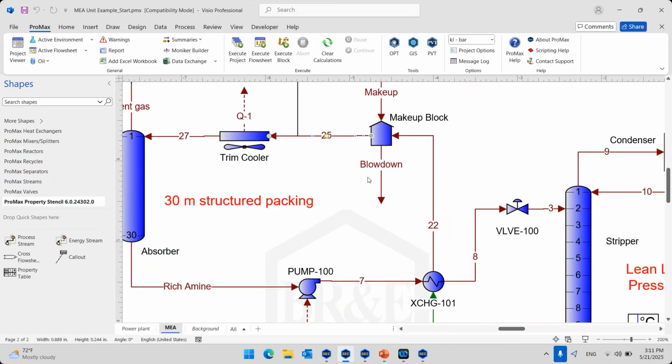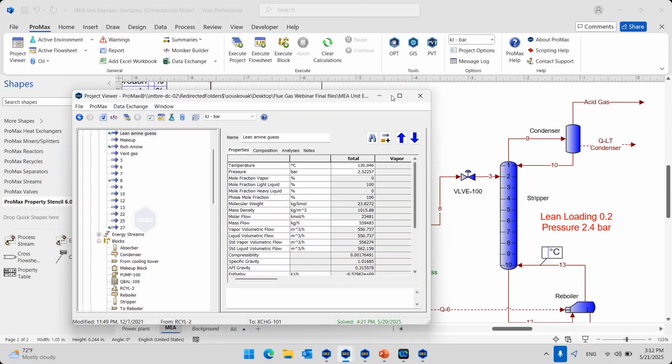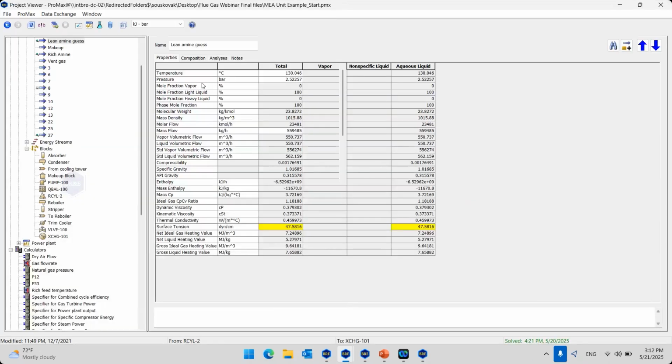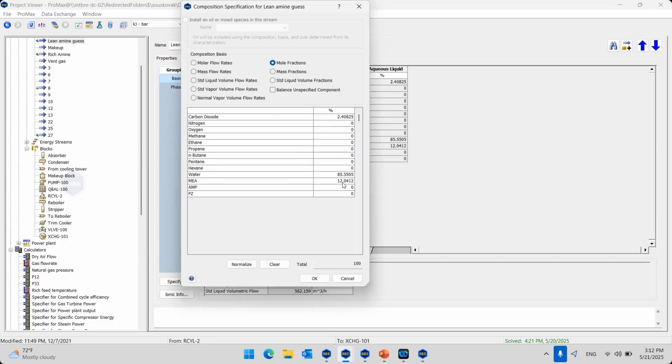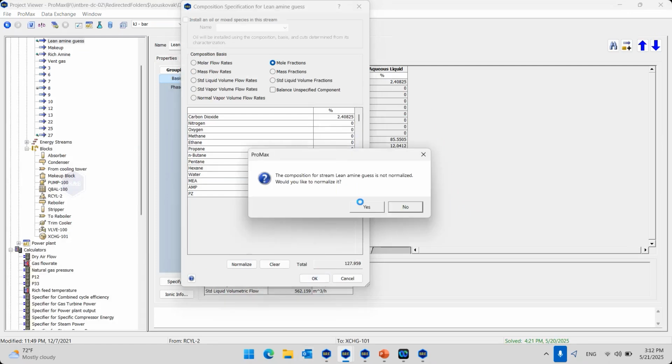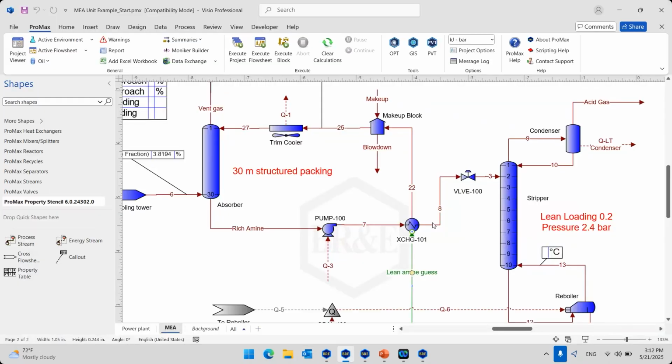And one thing I have to make sure is that I'm going to change the lean amine gas. So lean amine gas, it's a gas after recycle block. And I just want to make sure that I delete any residual MEA from here. It doesn't really matter much. This is just a guess, but I just want to delete MEA from there. Okay, so we don't have any MEA in,